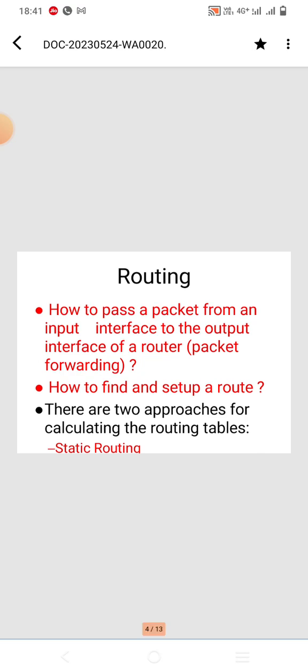So all the information will be updated manually. That is called static routing. And dynamic routing